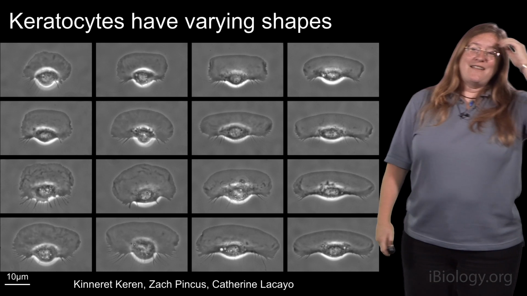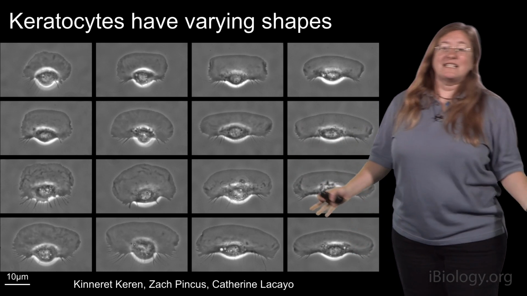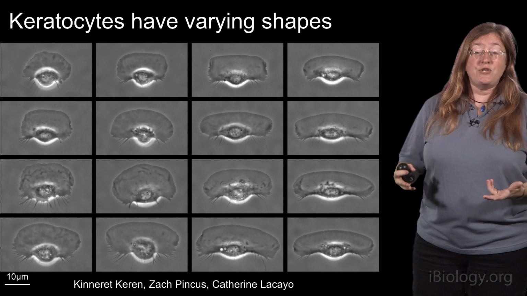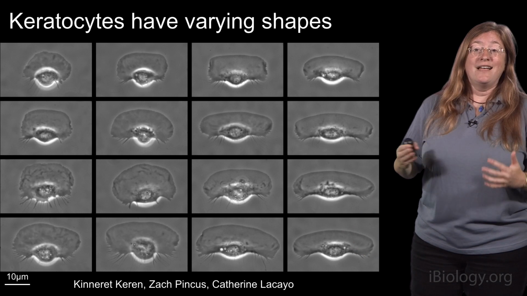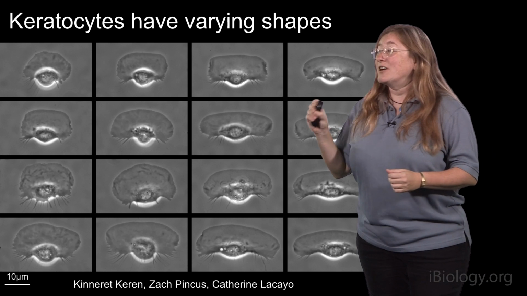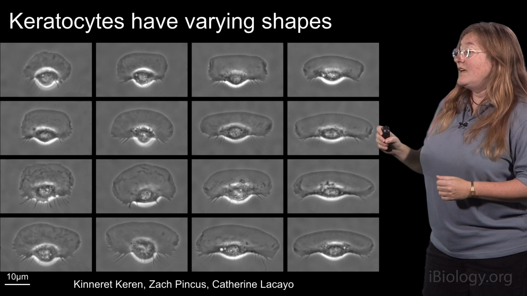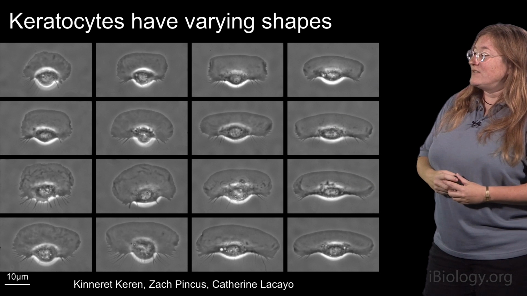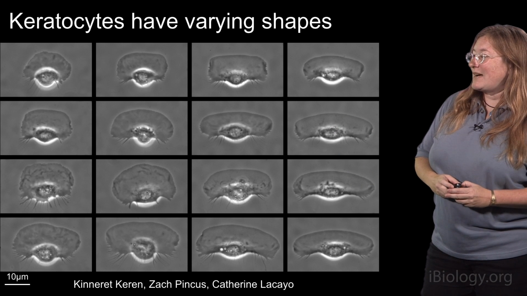Now, so far, I've been talking about keratocytes as if they're all exactly identical. And certainly that's one of the useful things about them, that they're similar. But like any other organism, if you look at them closely enough, you'll see they actually have very interesting differences from one another. So this shows a gallery of a whole bunch of different keratocytes that were collected by Theriot,